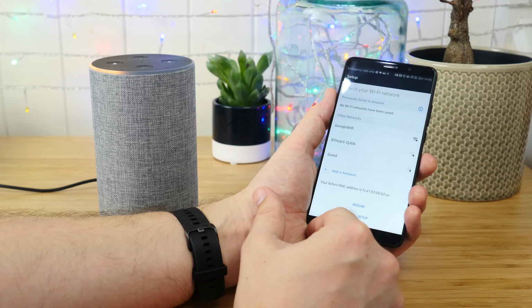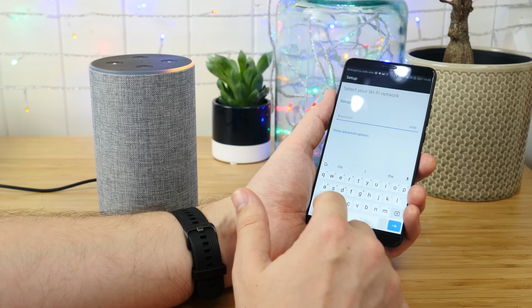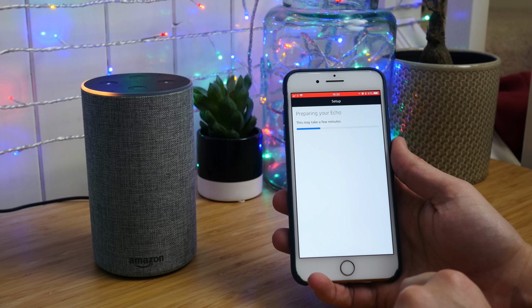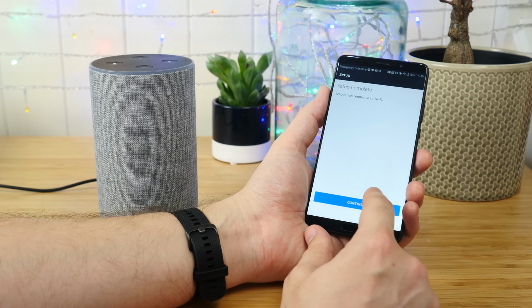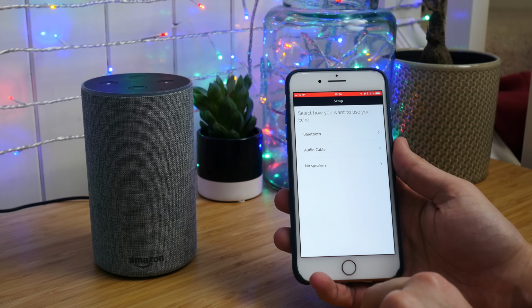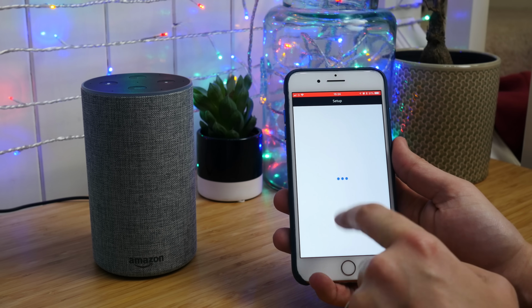On Android, you'll need to type in your Wi-Fi passkey. On iPhone, you shouldn't have to, the data is pulled automatically. After this point, the Echo will check for firmware updates, install them automatically, and you can also decide if you're going to use it to connect to a different speaker for better audio, but that's pretty much the end of